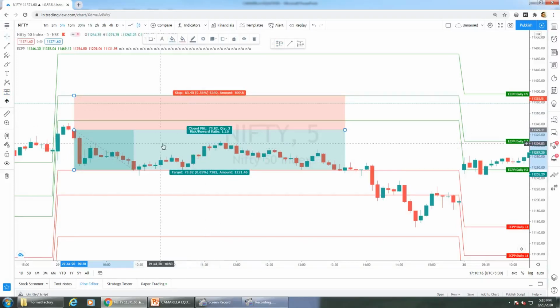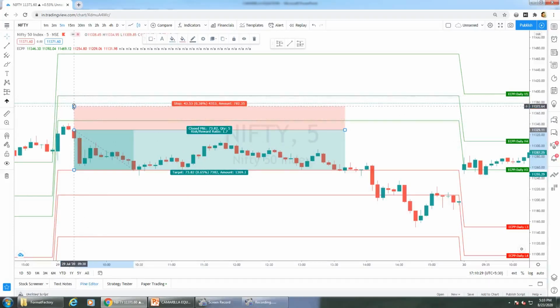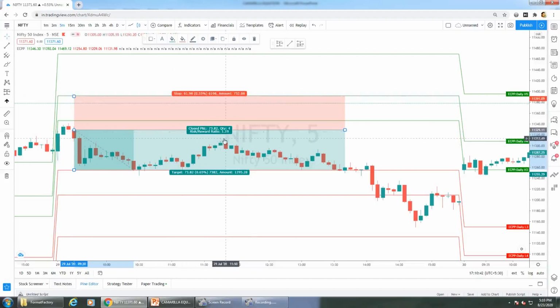It is not mandatory to always place your stop loss at H4. You can also reduce your stop loss based on the distance between these two lines. If H3 and H4 are far apart, you can reduce your stop loss, because we should always aim for a risk-reward ratio of at least 1:1. Below 1:1 is not recommended. So when it is not 1:1, you can always reduce the stop loss.